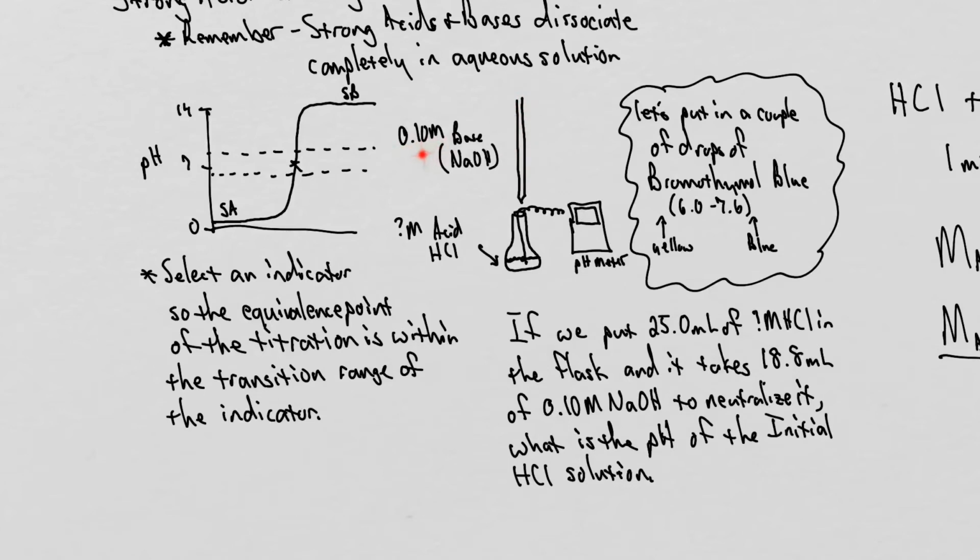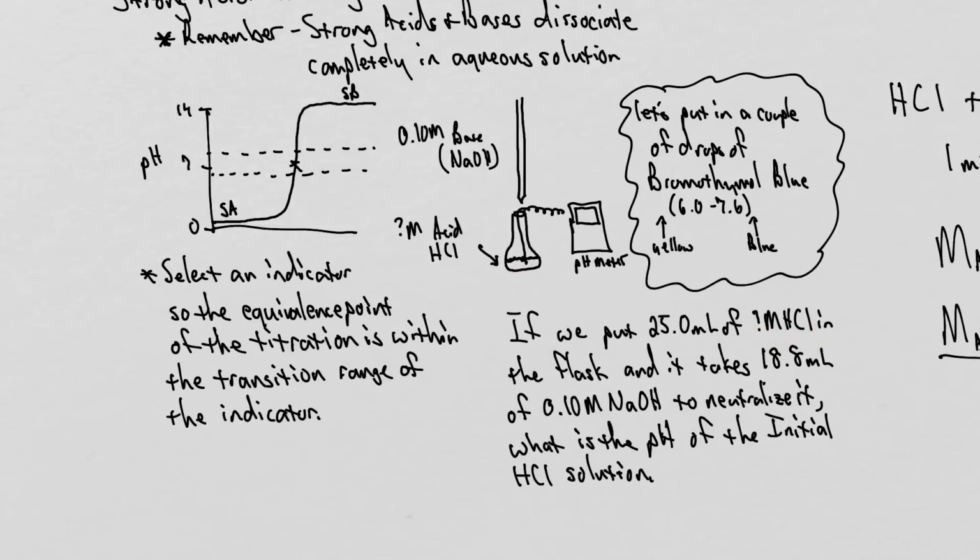We do know the concentration of that, and we want to make a very careful reading on our burette tube for the amount that we start with and the amount that we finish with. Now, what we do is we drip it in until we get the color change. So it says if we put 25 milliliters of some unknown concentration of HCl in the flask down here,